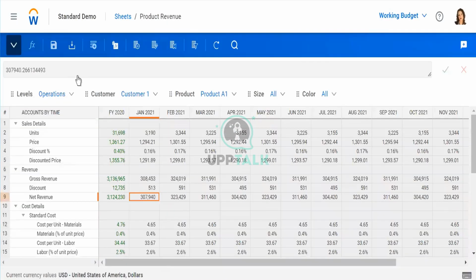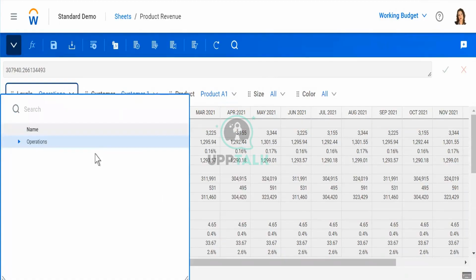Similarly, in a cube sheet also, there were certain parameters different. The only difference was there is a change dimension parameter in a cube sheet. We have dimensions here, we have levels here, we have accounts here. Whenever you notice, you have to do one at a time, right? Suppose you want to jump into India level, jump for customer 2, jump for product A2 and size. If you want to make changes, you go here, you do one at a time and the sheet reflects. You do one change and the sheet is reloading, you notice.